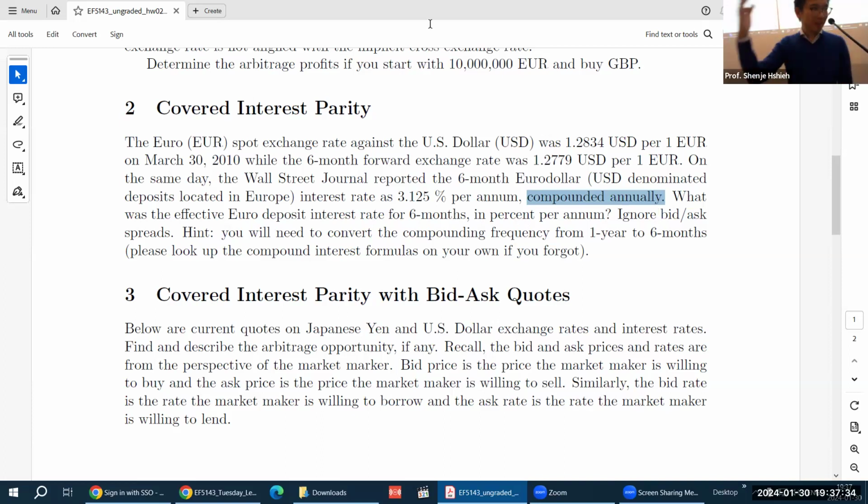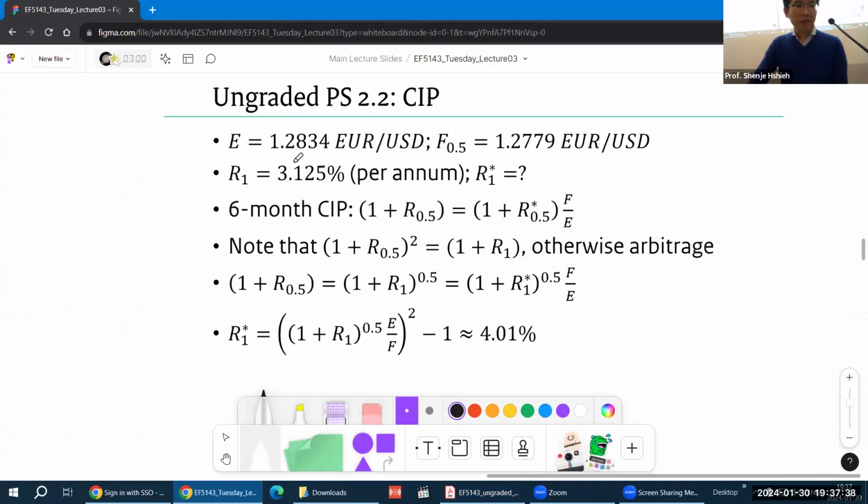All right, so let's summarize the information that's given to you. So we have the following. We have spot rate of $1.28 per euro. We have a forward rate, but it's 6 months. So 0.5 is half a year, right? So 6 months is half a year. That's why I wrote that there. That's the forward rate, okay? You have